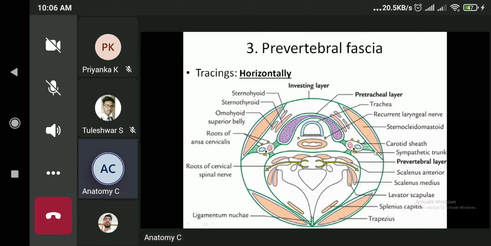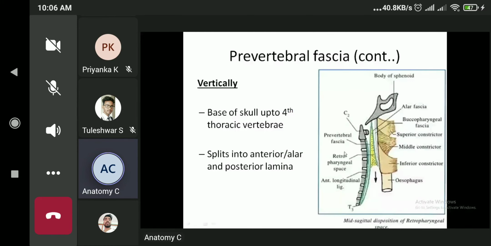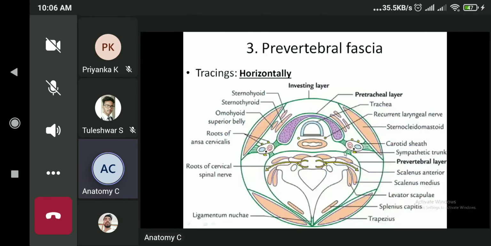Once again, I repeat, the prevertebral fascia begins from the deeper part of the sternocleidomastoid. It forms the posterior layer of the posterior wall of the carotid sheath, then moves medially, and runs in front of the cervical vertebra and becomes continuous with its opposite side. Okay, this is the prevertebral layer. And then remember, this prevertebral layer has a lateral extension as well, exactly between the scalenus anterior muscle